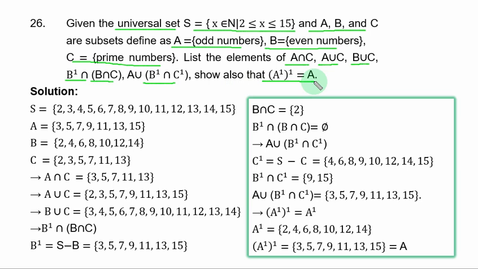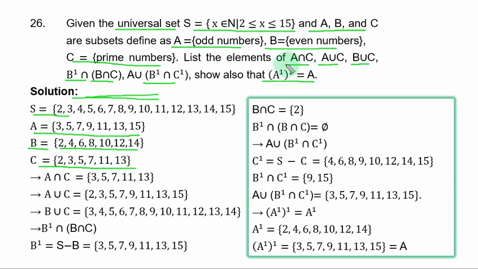Solution: you start by listing the elements in the universal set. By the given range, 2 and 15 are inclusive. So you list the elements between 2 and 15. Let's define subset A. That set has elements that are odd numbers. From this set, you have set A, numbers that when 2 divides them, there is always a remainder of 1. Subset B, even numbers. From this set, you have the subset B. Subset C, prime numbers, numbers with 2 factors, 1 and itself. You have this